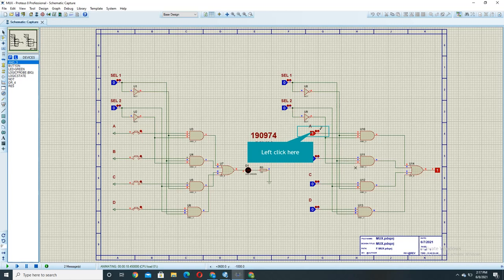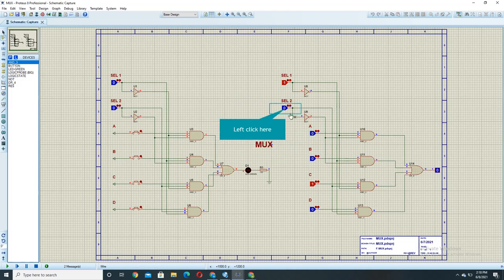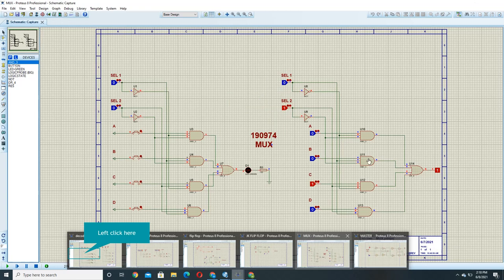Now if A is 0 and B is 1 and selection 1 is 1, then B is 1. Now if C is 1 and B is 0 and selection 2 is positive and selection 1 is negative, then we have C as the output of it. So this output would be implemented at the output gate. So now the mux is clean, and then we would be going to the demux.